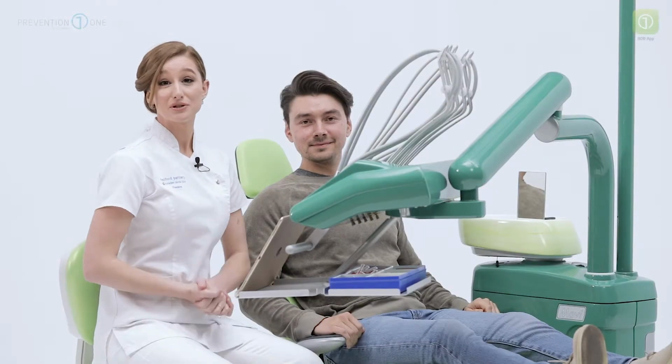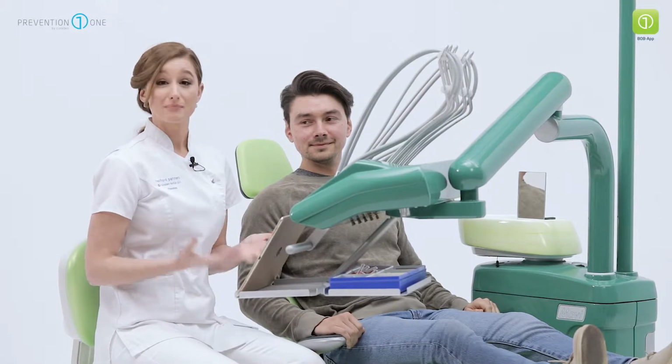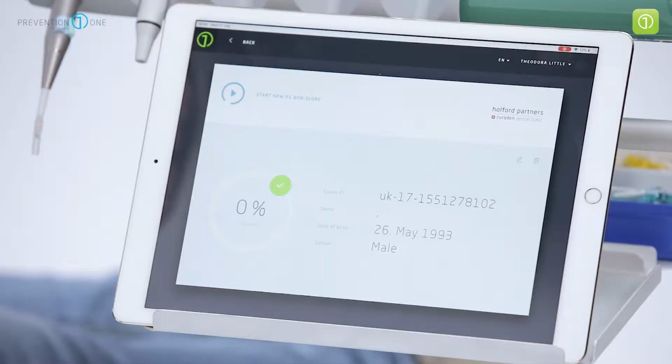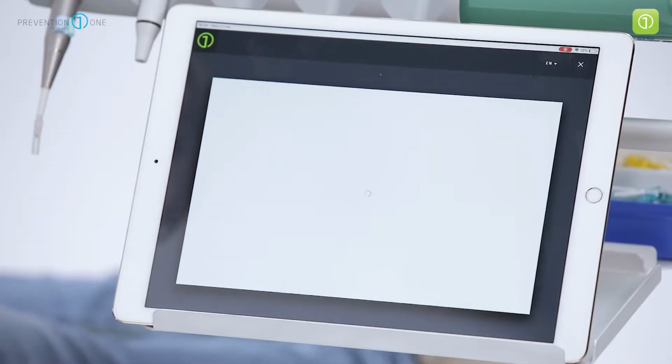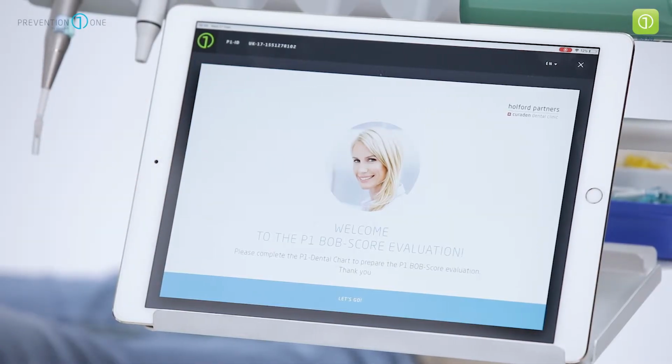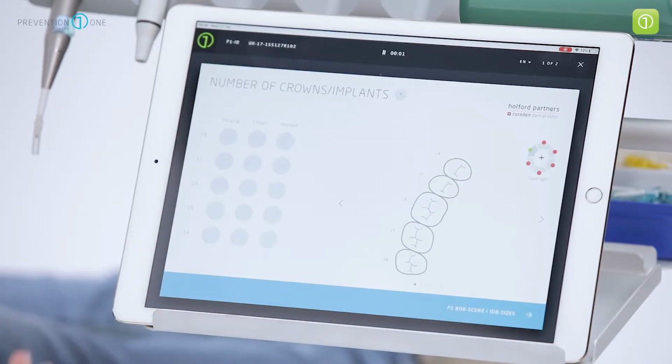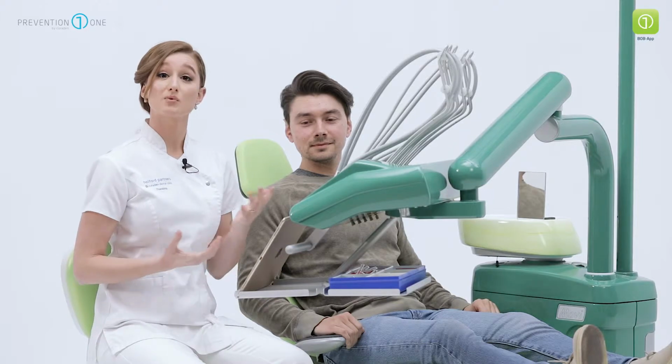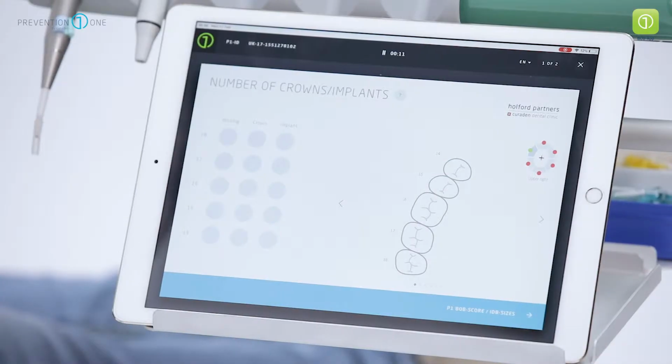So now I will start a new Bob score for John. By doing this, I click the play button in the top left-hand corner. I am then presented with the Let's Go button. And the first page is the first section in which we will place the missing teeth, crowns and any implants